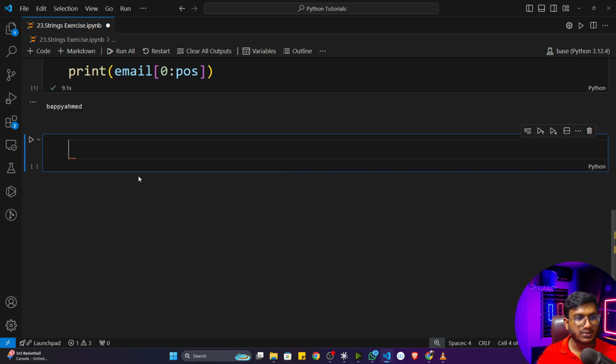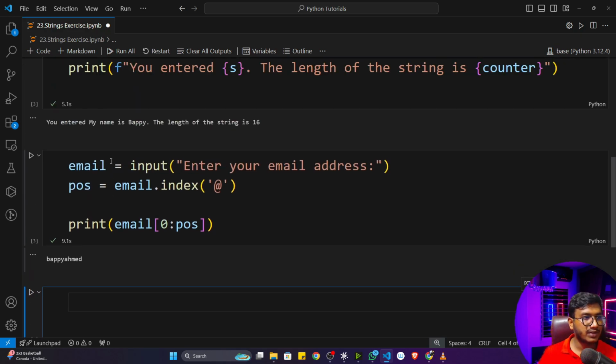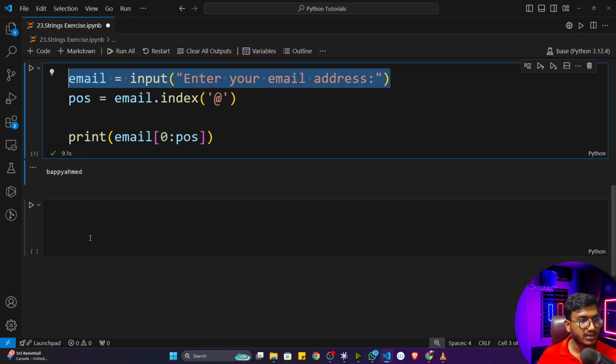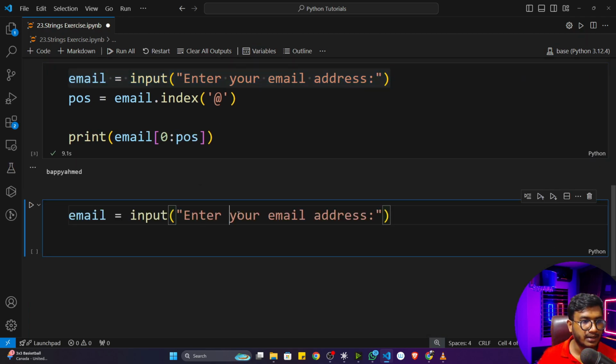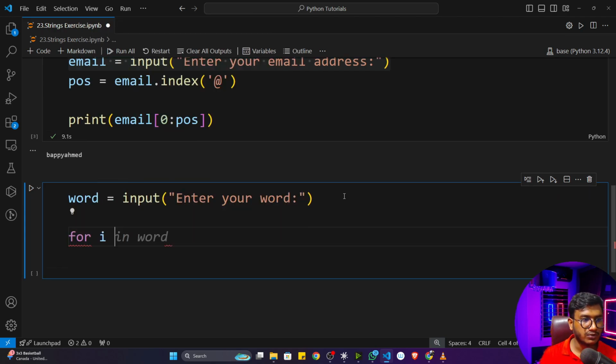I'll remove this particular statement. First of all, I will take an input from the user. I can copy this input and here write enter your string, or enter your word. And this is going to be my word. And here I will write a for loop. So for i in